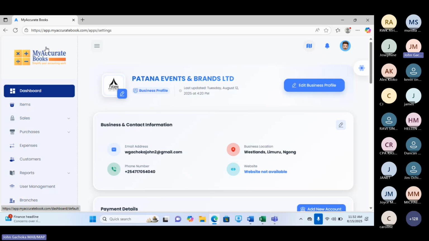We are, in fact, mesmerized by the reception that the system has gotten from users in different sectors. You would be surprised that we have clients in the education sector. I think I have around 20 schools that have already implemented this system in their operations. So, ladies and gentlemen,